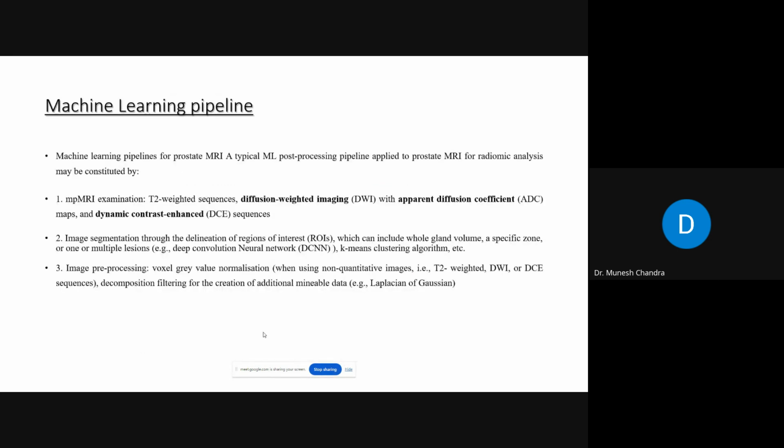Machine learning algorithms, or deep learning algorithms, are used for the identification of prostate cancers. If the size of data is small, we can go for machine learning algorithms, and normally we use SVM. But if the size of data is large, we use deep learning algorithms. In brain tumor we used a simple CNN, convolution neural network. But here, in prostate cancer, we use DCNN, deep convolution neural networks, and K means clustering algorithms for grouping the particular segment.